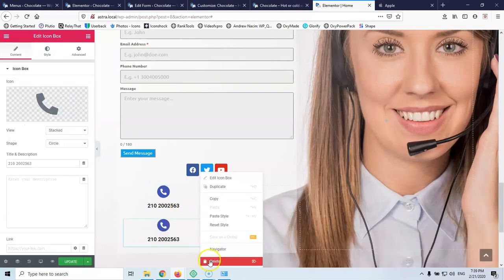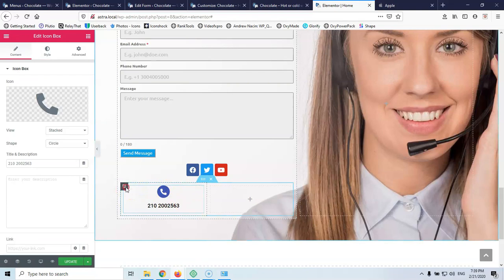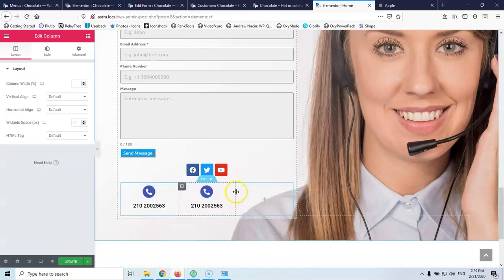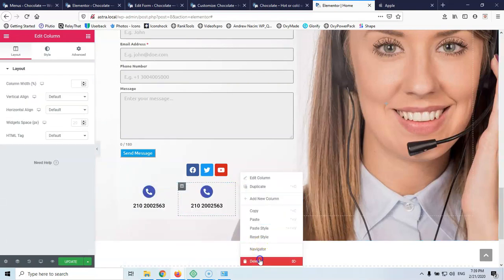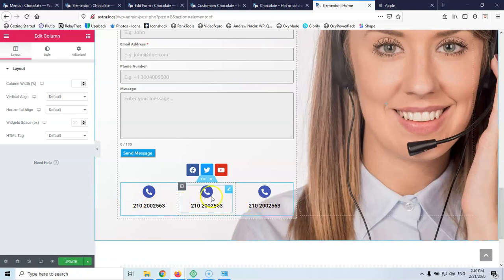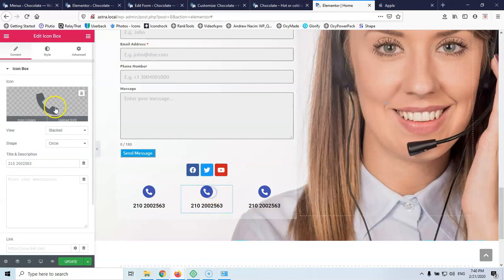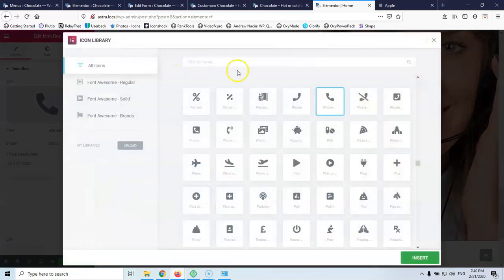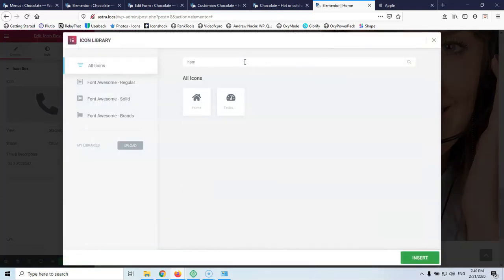Not the element, I'm going to duplicate the column. So I'm going to duplicate that, and I'm going to remove this column, and I'm going to duplicate that again. So we have now 3 columns, and we have here the phone, and here instead of the phone icon we can go for a home with the address,